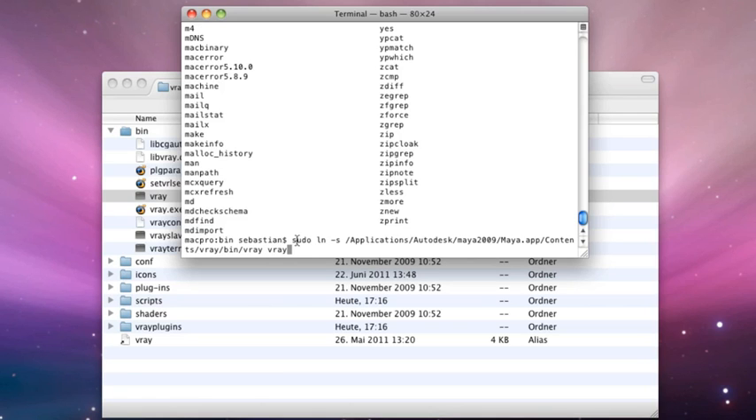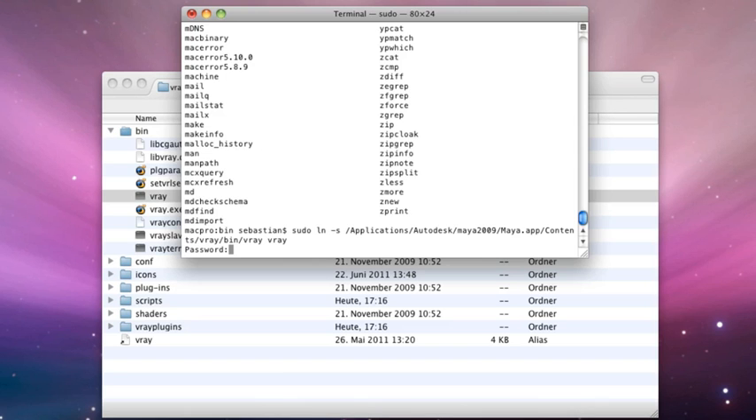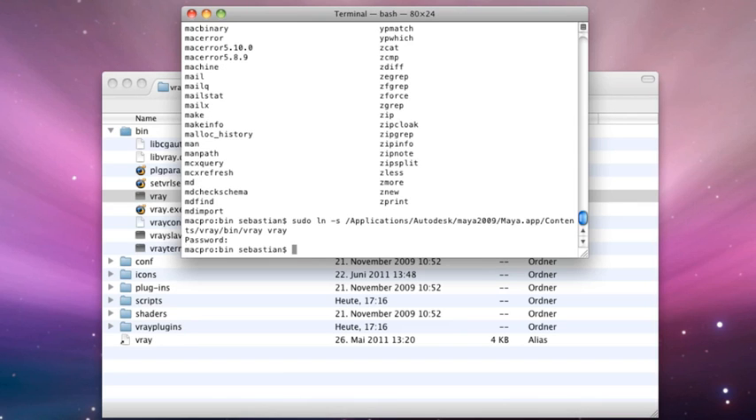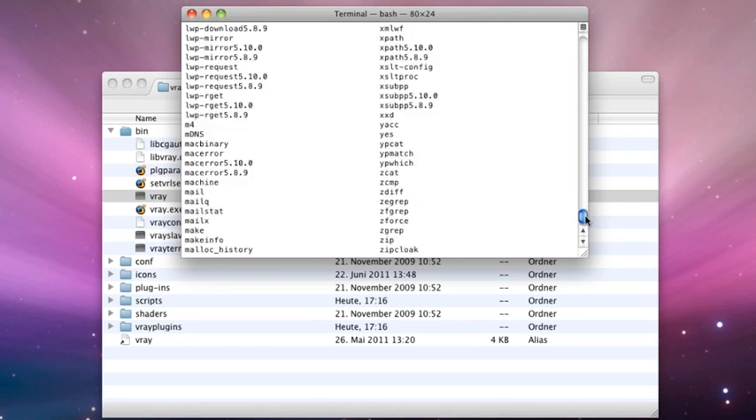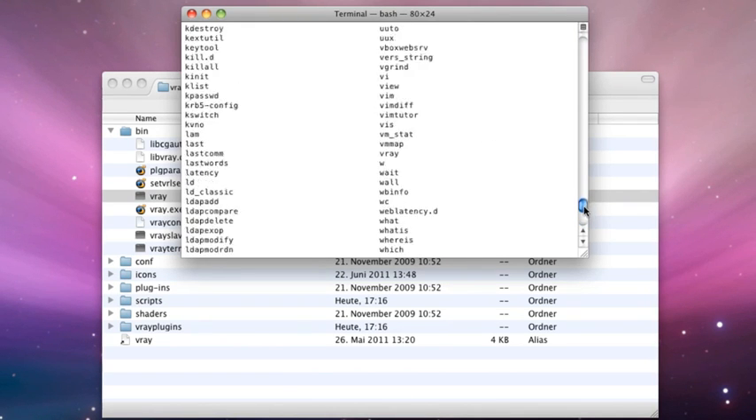So what's happening is, with the right permissions, it's creating a symlink to this path, the VRay binary, and the name will be VRay. So press enter, and then you have to type in your password, and now you're done. If you press ls to see what's inside of this folder, you will now find somewhere